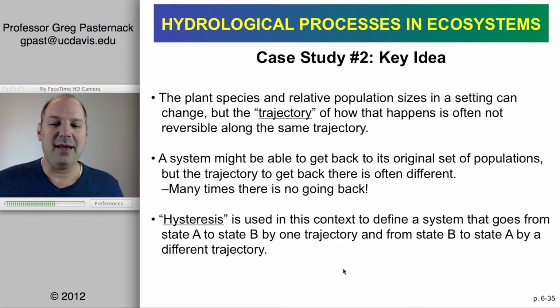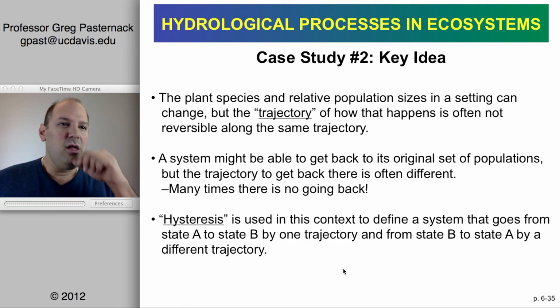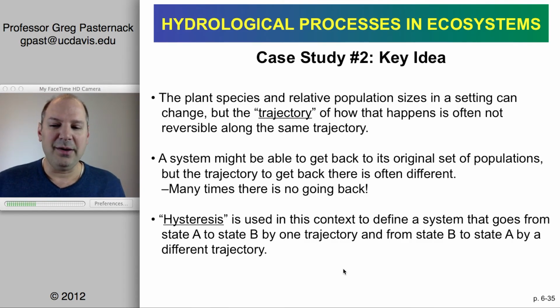And indeed, many times there is no going back. The reason for that is that climatic changes, land use changes, and disturbance regimes can all happen in a way that's irreversible. So if those drivers or fundamental controls change, then that's the way it goes. We use the term hysteresis to define a system that goes from state A to state B by one trajectory, and from state B back to state A by a different trajectory. So you end up in the same places, or very close to them,